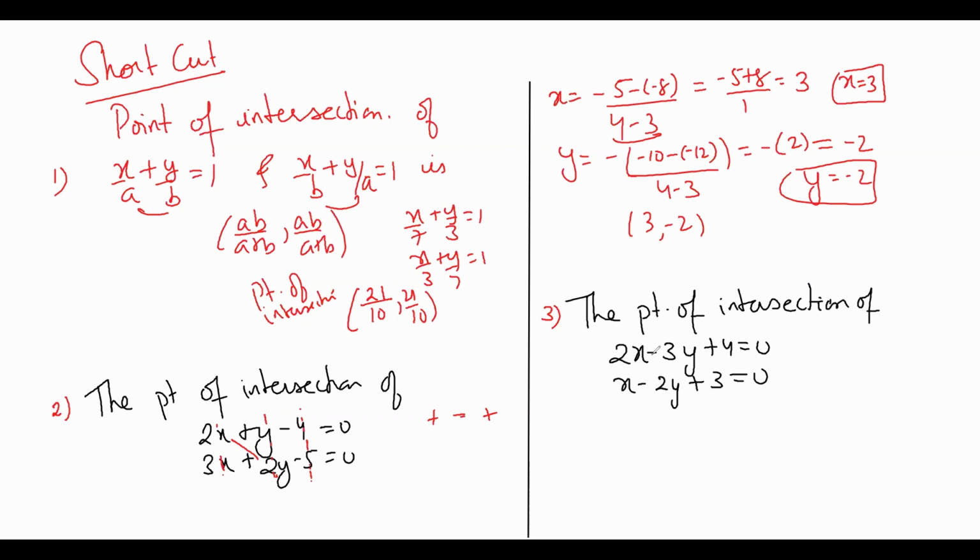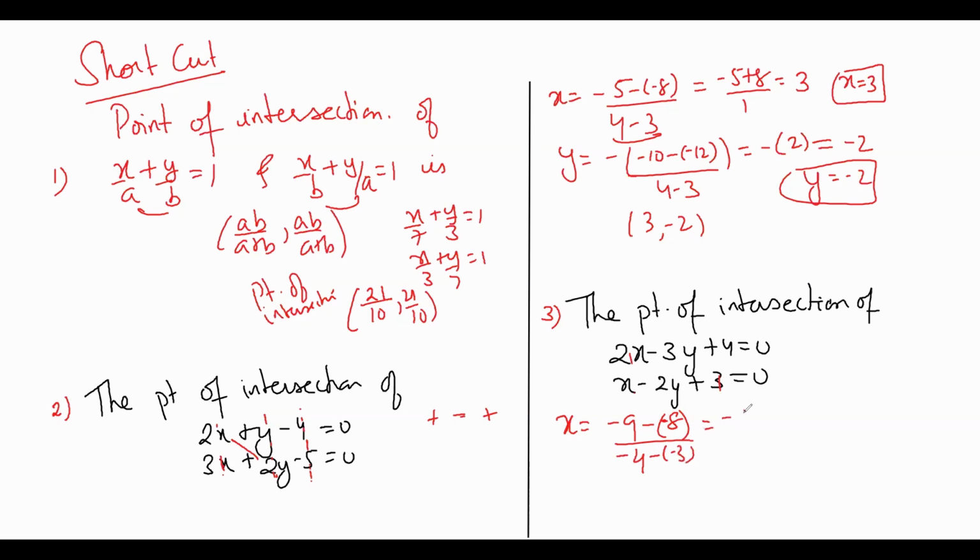Just repeat this process again and find the point of intersection of these two lines. What I told you, in order to find x, we just cancel this column, and just do the cross multiplication. This is minus 3 into 3, minus 9, then minus of minus 8 minus 2 into 4. And in the denominator, just cancel the column containing the constant term, and for the rest do cross multiplication, minus 4 and minus 3.